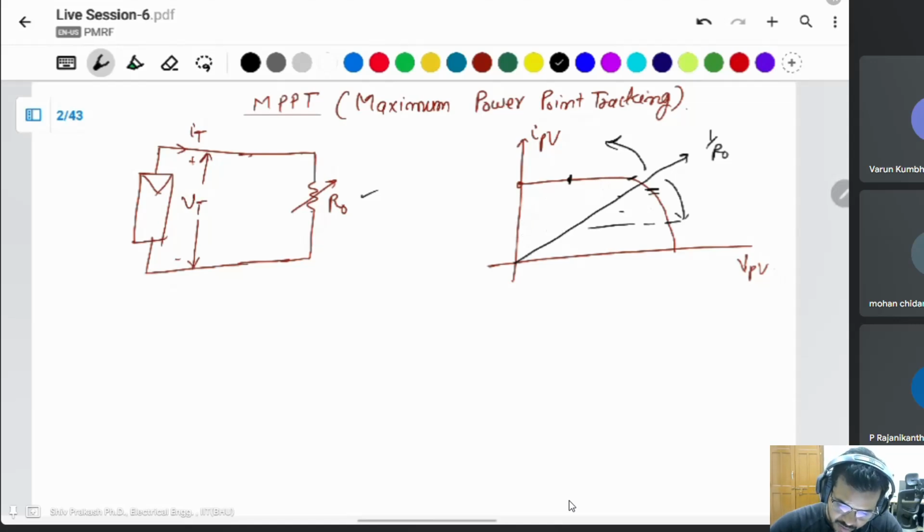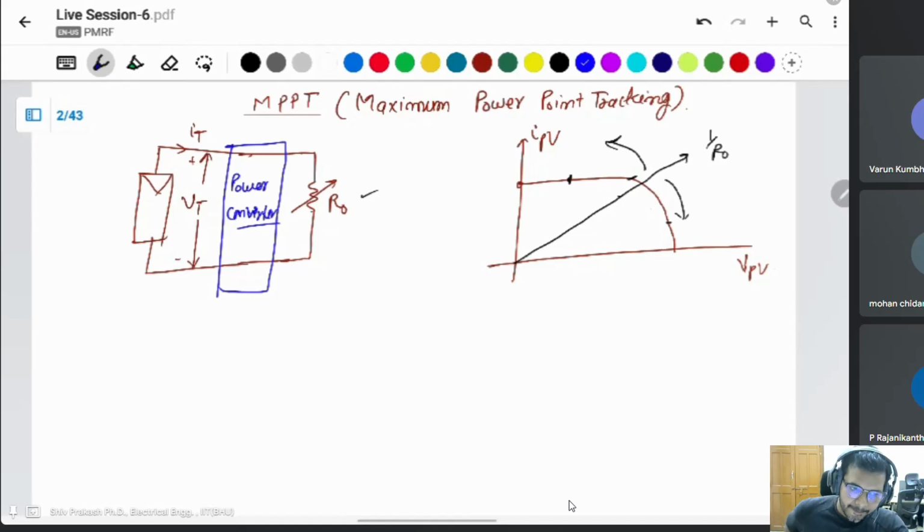Then you have to implement another device between them, between load and source. It may be power converters, which are operated from the PV panel according to the PV panel's maximum power. You know about the maximum power transfer theorem. At maximum power transfer,